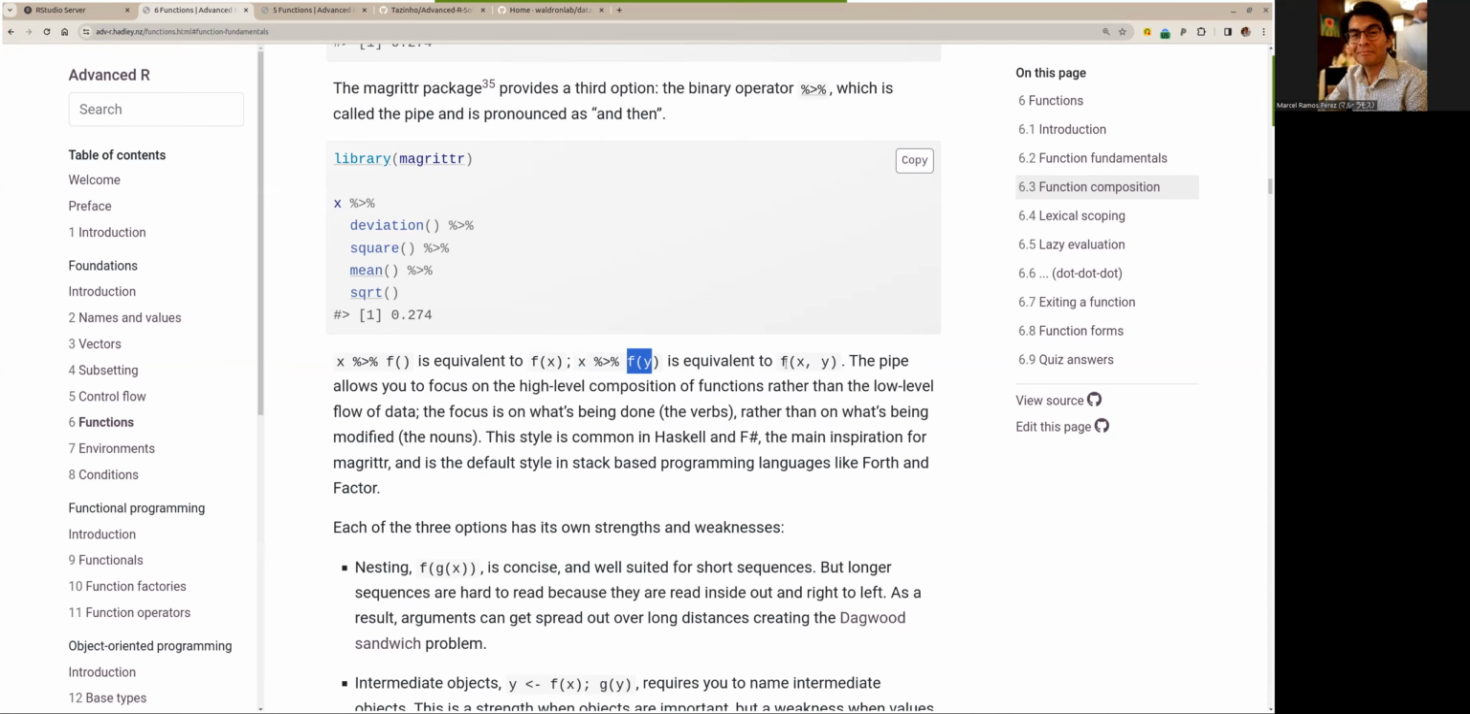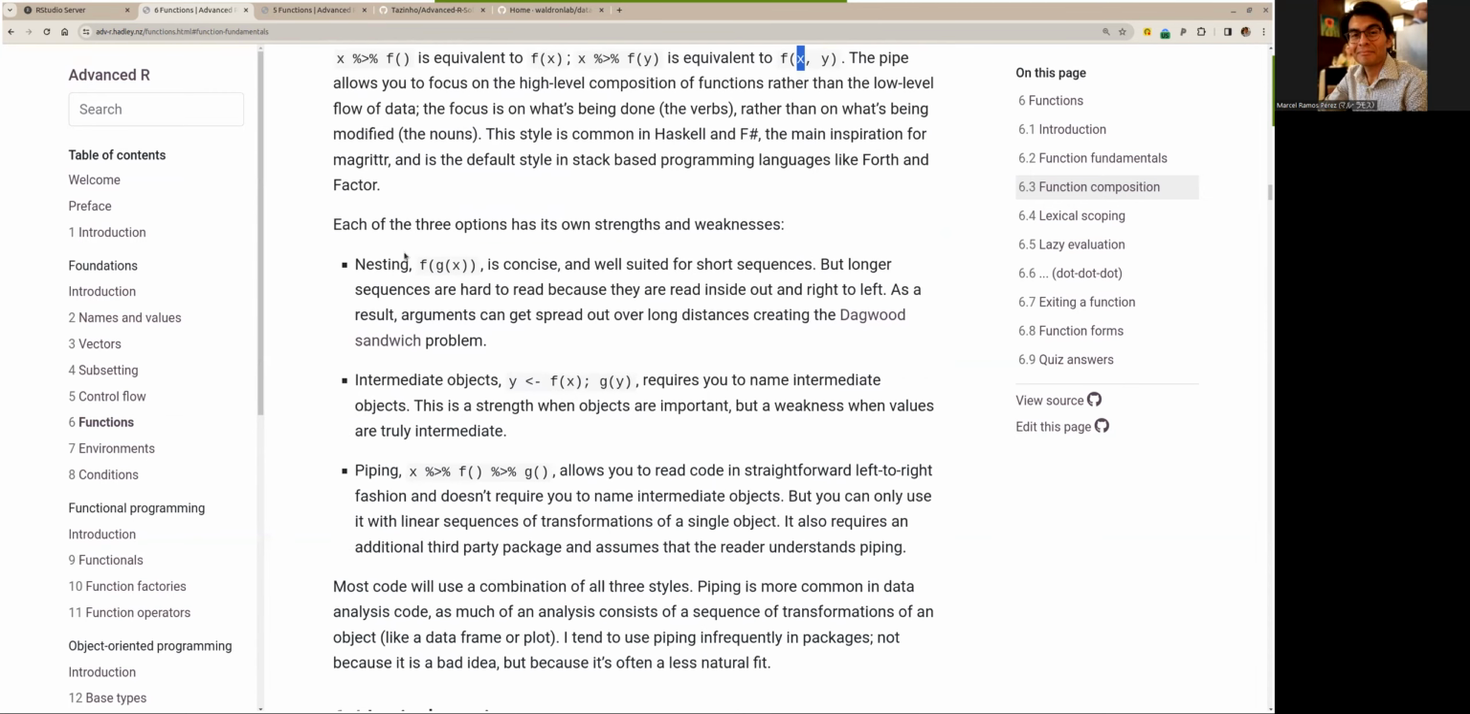So this notation is equivalent to f(x, y). There are strengths and weaknesses to each of these notations or styles. If you're nesting, it's pretty concise and well suited for short sequences. When I'm writing code, I try not to go over maybe 3 function calls that are nested. At most 3. Most of the time it's 2, because it does get hard to read, and sometimes it gets